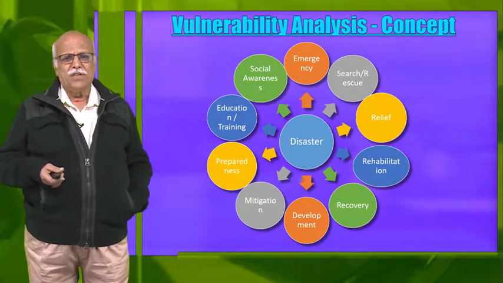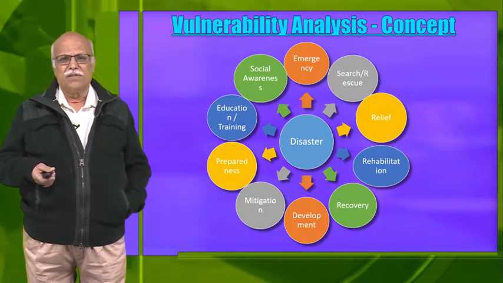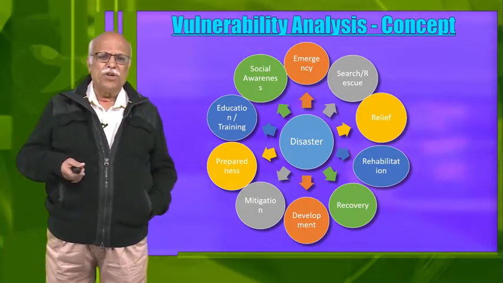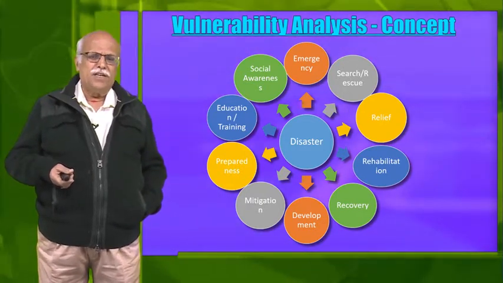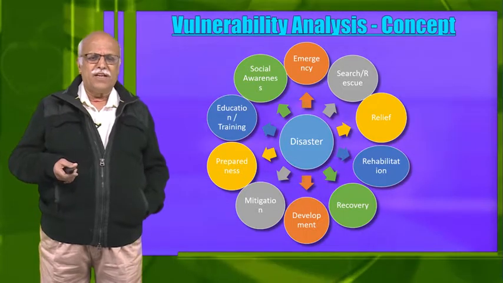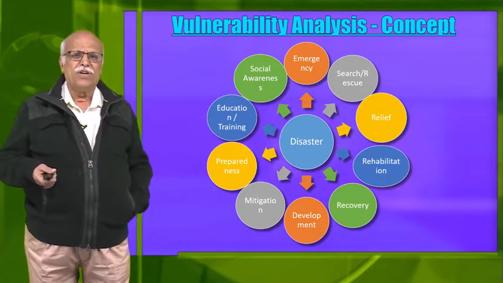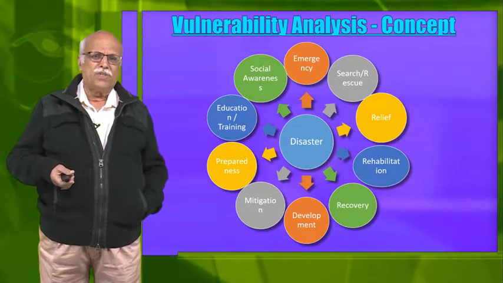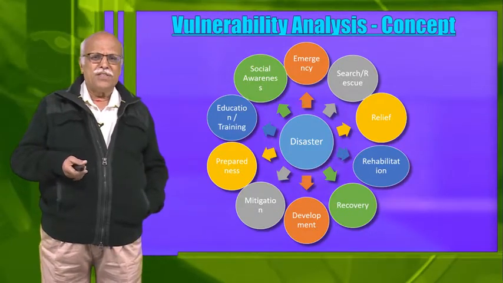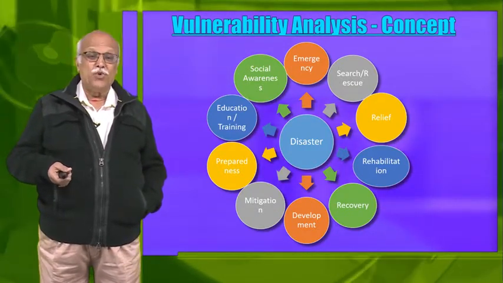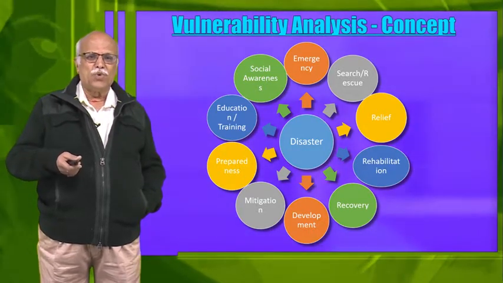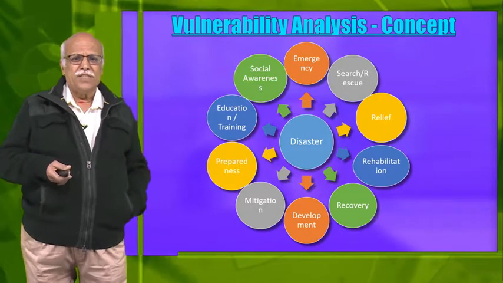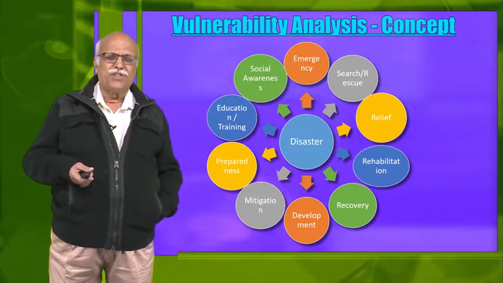Now for this you require what? Preparedness. What do you mean by preparedness? You have to prepare a plan well in advance of a disaster. If you have a disaster and then you start preparing, you have already lost the race. In other words, in this particular type of race, you have to be ready to think what exactly is the situation and how am I going to act. That is known as preparation. The next step to that is known as education and training.